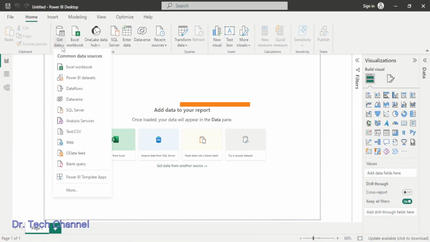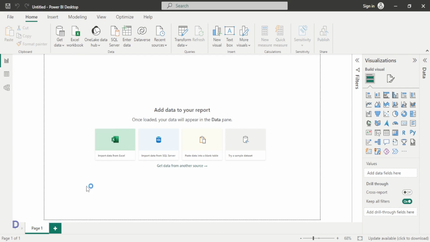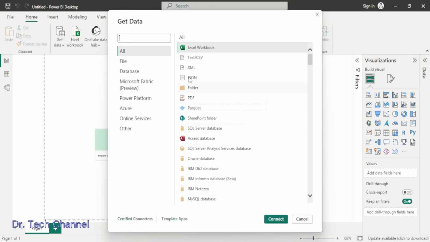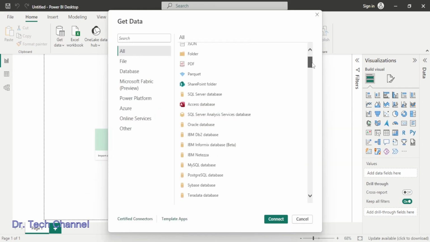Beginning with the Get Data button, it's typically your first step when launching a new Power BI project. If you're creating a Power BI solution from scratch, you'll head to the Get Data button to establish connections with the data necessary for your report building process. While there might be occasional exceptions, as a general rule, Get Data is your initial destination when working within Power